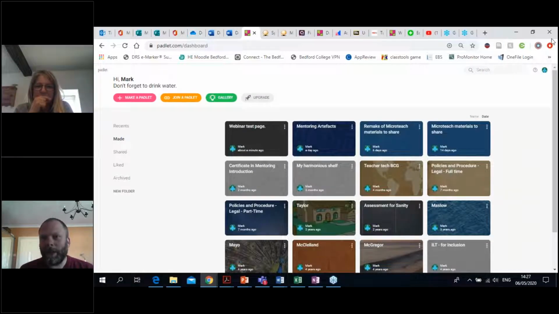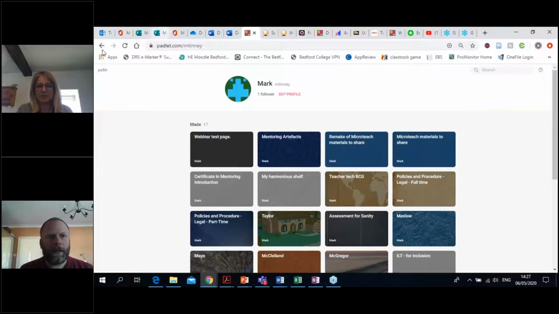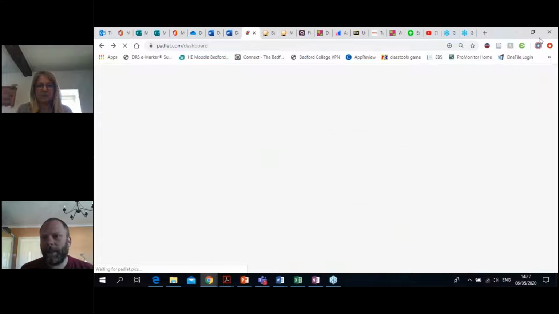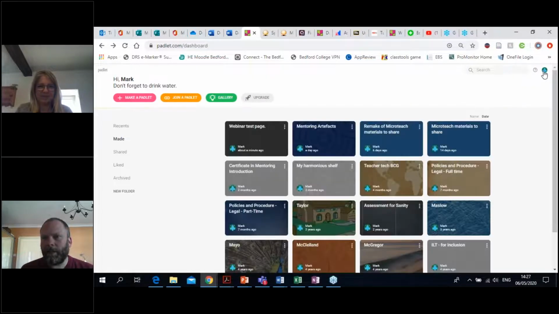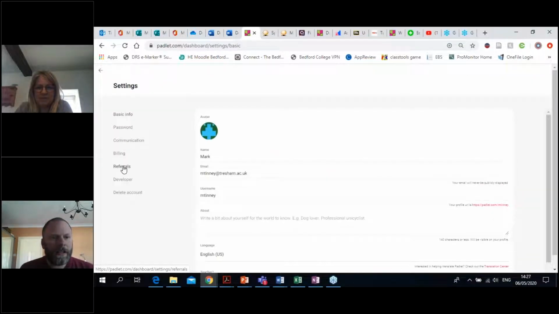So if you click on your little icon over here on the side and go into your profile, it's not in your profile, I tell a lie. It's in your settings. So go into your settings. Then you see this little referrals tab on the left side. If I click referrals,